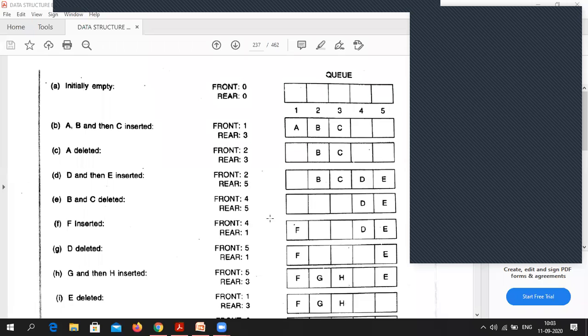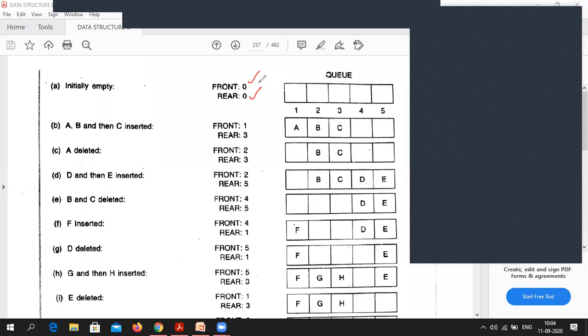There is one more special thing that you need to check for. In that, it is neither rear plus 1, nor do we check if rear is n then set rear is equal to 1. That is something else. Okay, I'll tell you. Anmoldeep, just check this condition. If front is 0 and rear is 0, what was that? Empty at this time. So that is a special thing. Why is that special? Because although you are incrementing rear by 1 only, you have to set front equal to 1 also. So front will become 1 and rear will become 1.